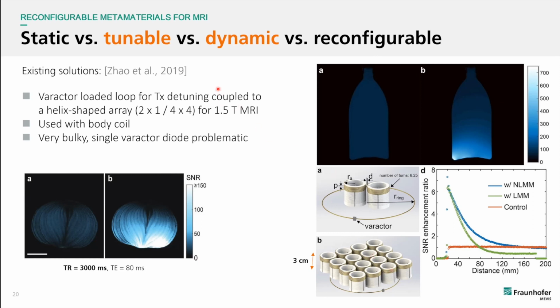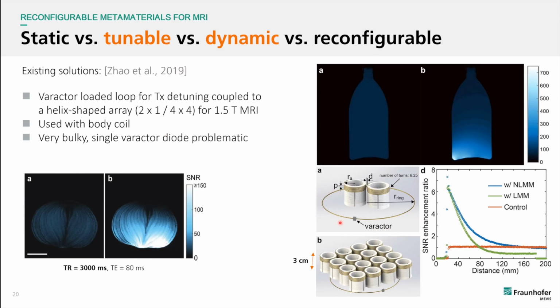So that group came up with a solution which is not really novel. That's a technology which was used, I think, decades ago for automatically detuning RF coils, which is just an additional